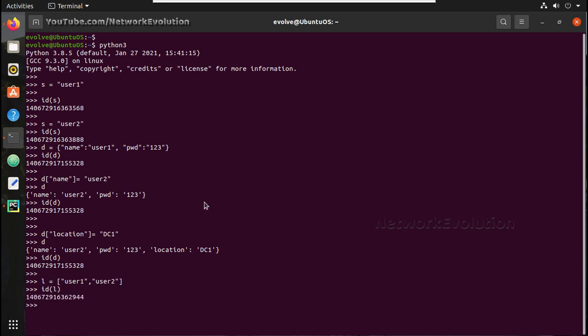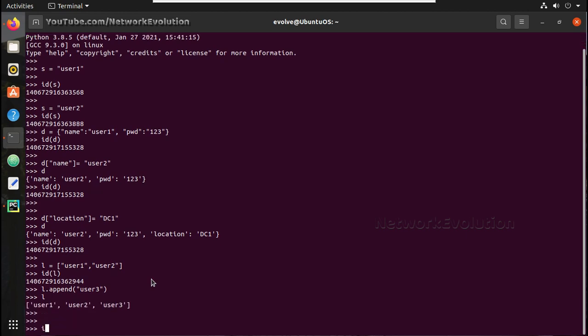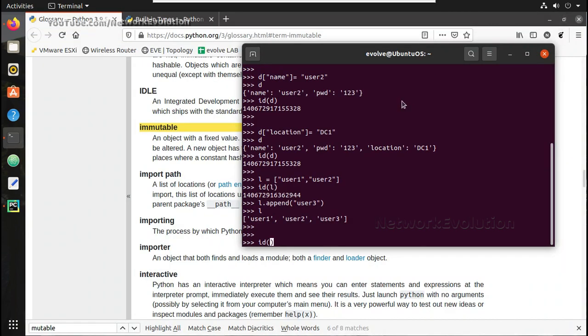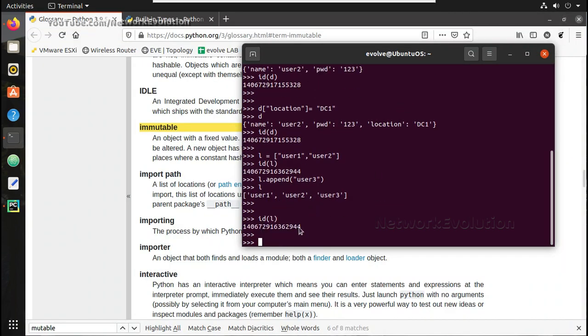The ID of L is 2944, and L dot append user3. ID of L. You can see the ID still remains the same.